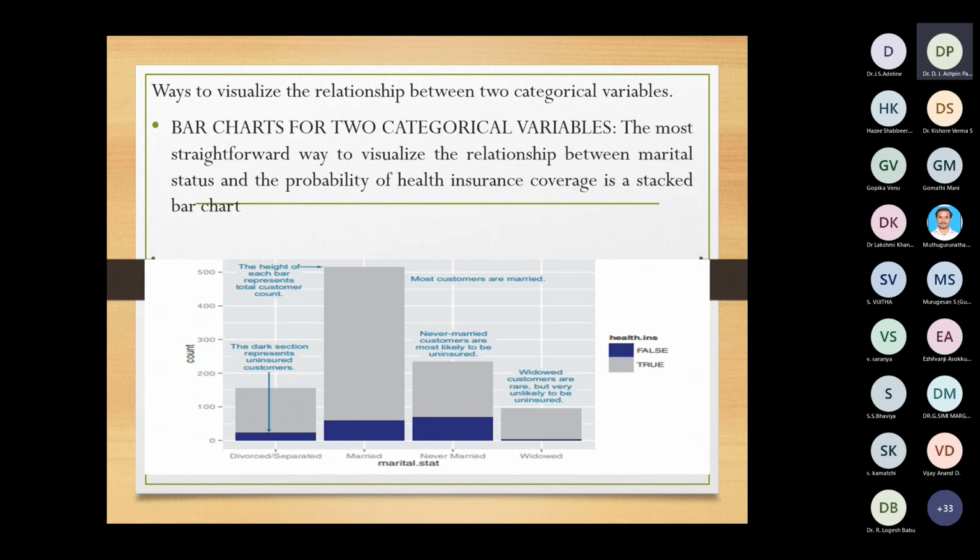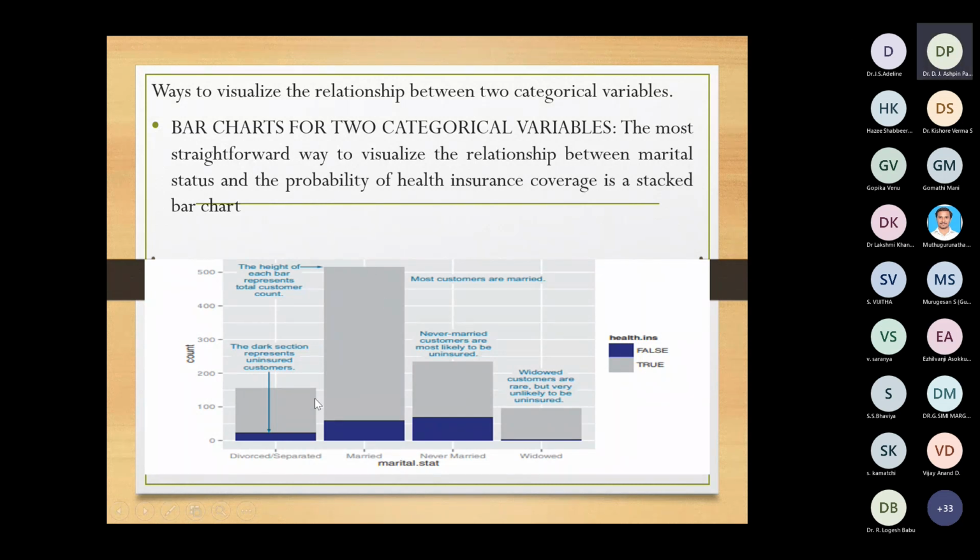This bar chart is called a stacked bar chart. Here you can see how many divorced or married persons have health insurance and how many do not. False means how many are not having it, and true means how many are having health insurance.